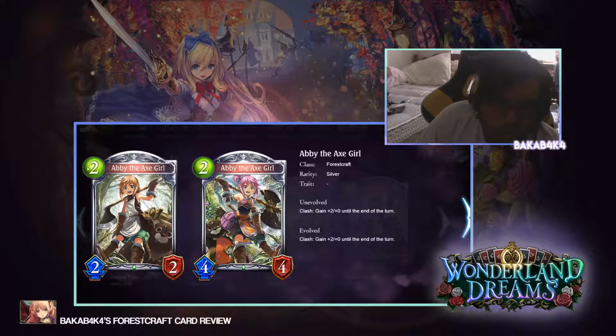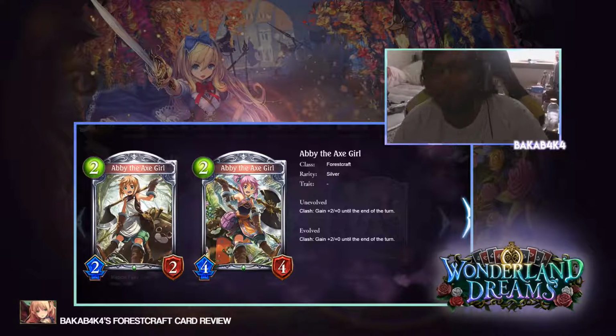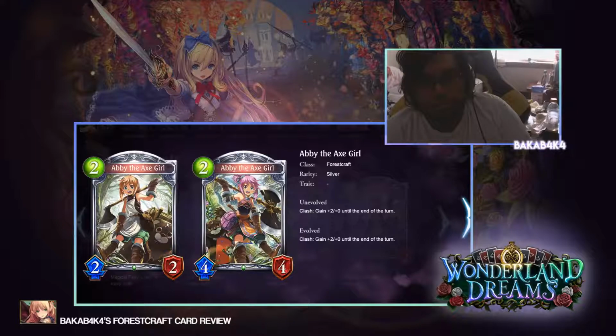Abby the Axe Girl. 2 cost, 2/2. And then full stats. Clash. Gain 2/0 until the end of the turn. So, if she doesn't die to effects, she can trade into anything. She's the answer to the power creep as well. She's the answer to the 1/4 power creep, because when she clashes, she trades. I don't know if she'll be meta per se, but she's a really good card. She messes with Roach pools and stuff. Maybe Tempo Forest would like her. I'm pretty sure Tempo Forest would love her, but...